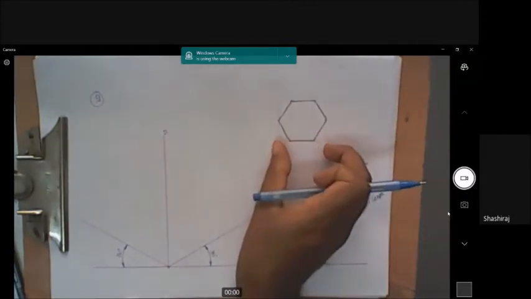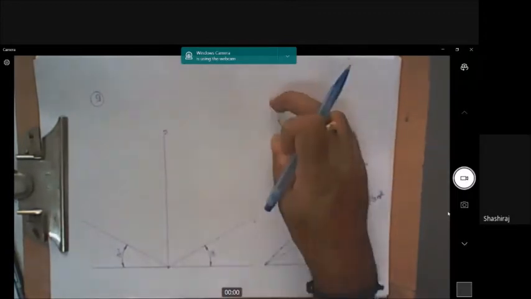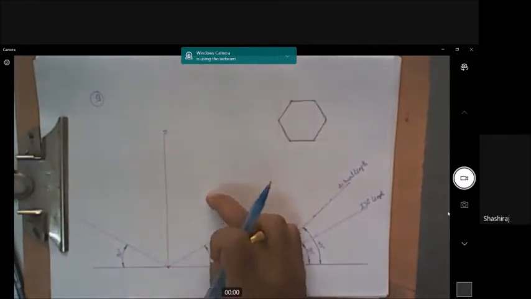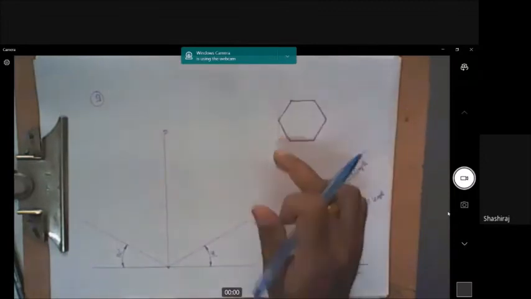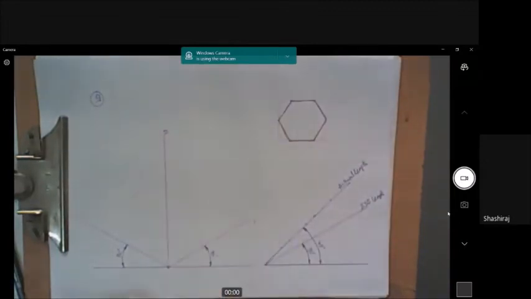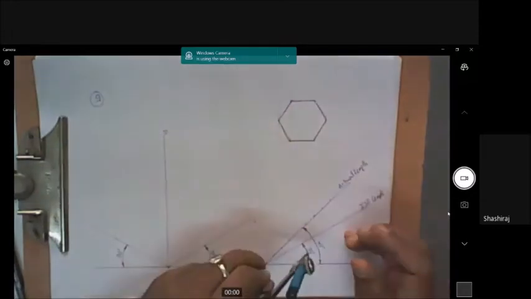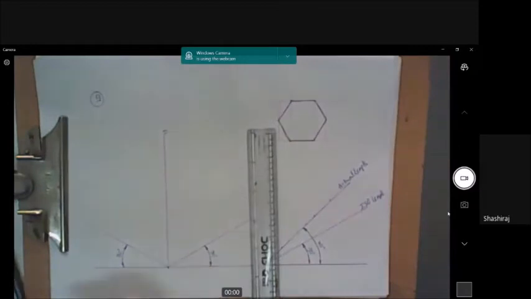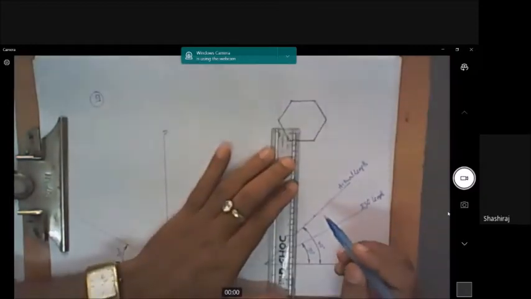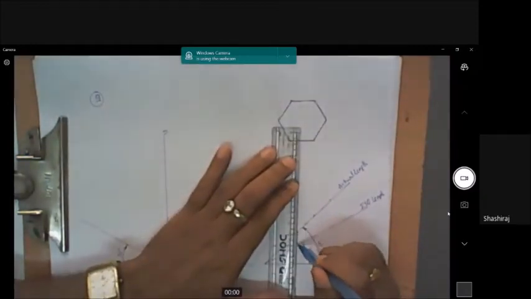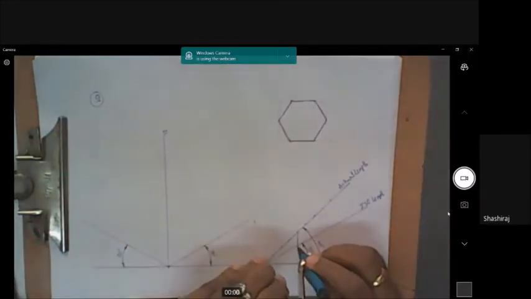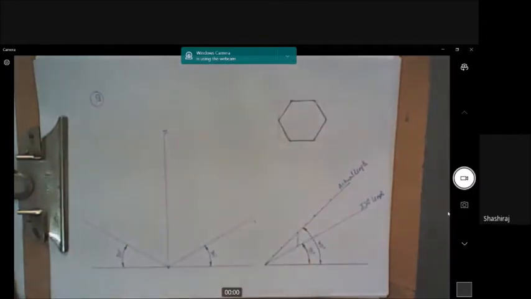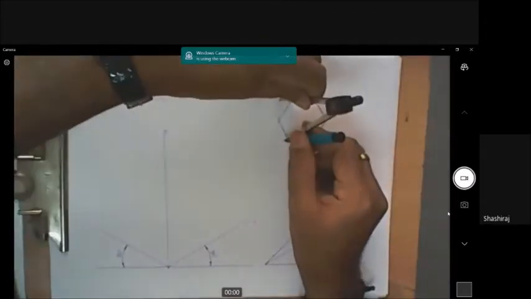On the x-z plane I have to construct the hexagon now, for which I need to transfer the ISO of this here, ISO of this on the z-axis, then draw parallel lines to construct this rectangle. Then you have to fit all the points inside that. This much length on ISO scale I'll take, and I'll draw a vertical line there. This much distance ISO on this axis like this. So I got the point.